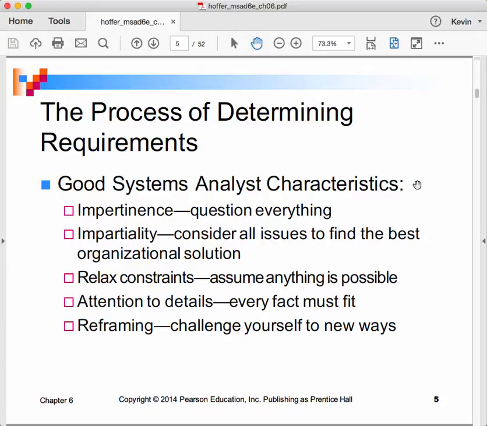So I just want to say that you're probably not likely to come to a situation and be sort of impartial in this kind of absolute sense, in that you don't have any ideas. On the other hand, the kind of impartiality that we're looking for here is that you're not committed to a particular solution before you hear all the possible solutions. And to hear all the possible solutions, you're going to need to